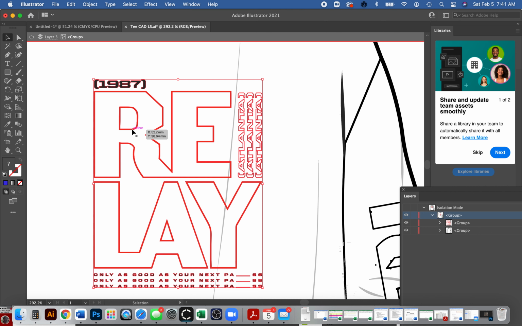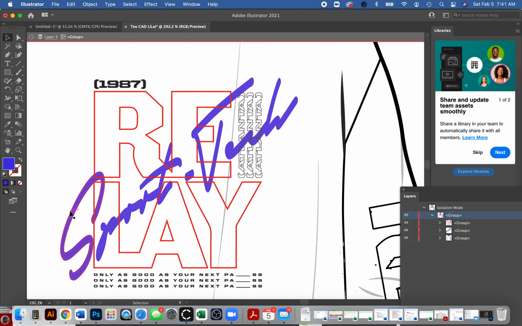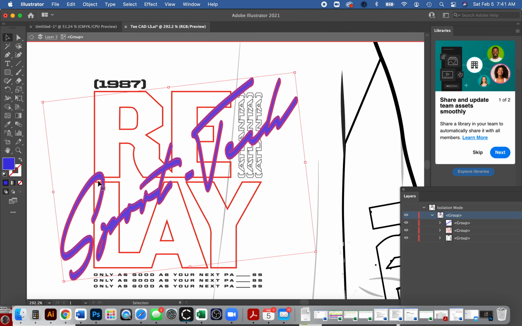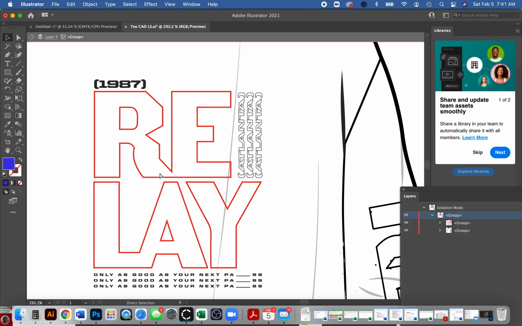Now earlier when it pasted it behind the t-shirt, it pasted it on the very bottom level because nothing was selected. But if something is selected, it will paste it behind whatever is selected. Command B. There we go. So now the red is in front. And same with Command F. I'm going to hit Command X. If I were to select this art and hit Command F, then it will paste it on top of whatever is selected. I'm going to hit Command X.